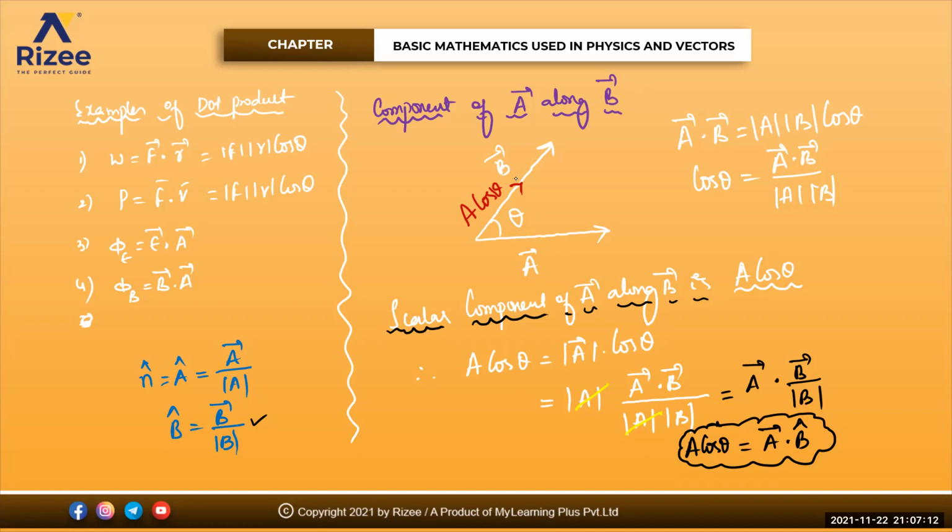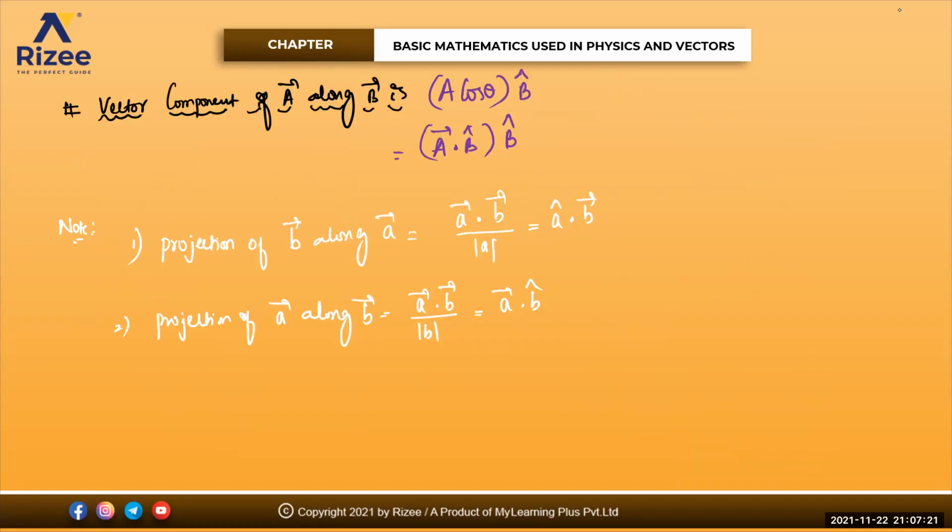I'll tell you one more. See, I'm using the word projection of B bar on A bar. Let me see how you draw the diagram for this one. If this is the vector A bar and this is the vector B bar, the angle between them is theta. Now what I need is the projection of B bar, the component of B on A. What is that? B cos theta, isn't it? So this will become B cos theta into your A bar. Is that clear for everyone?